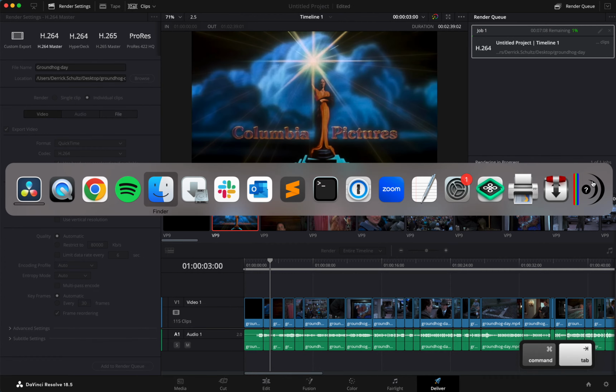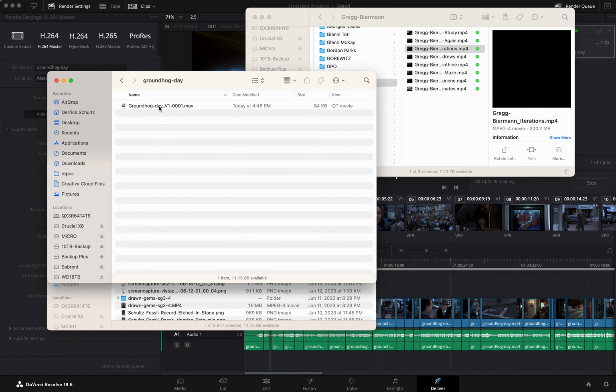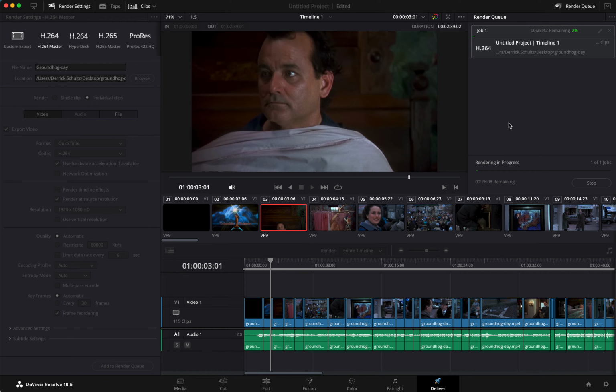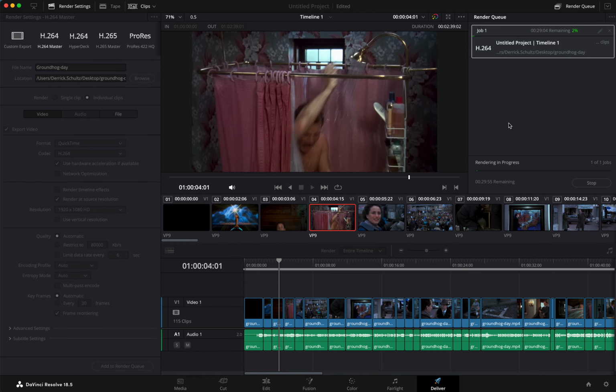So what it's going to do is, when I go to my folder, you'll see it's outputting each individual file. Now this appears to be quite slow because it is doing a lot of processing. So the upside of this is you can approve every cut that you're producing. The downside is that it's very manual. You have to go through every single frame to double check that it's the right clip. And then you need to go through and render out each clip individually, and that can be kind of slow.